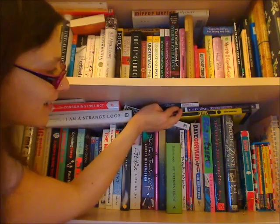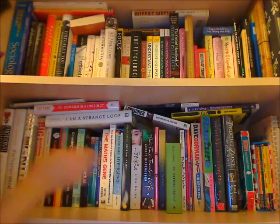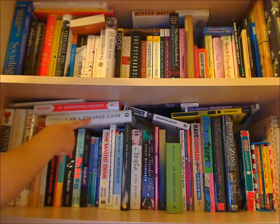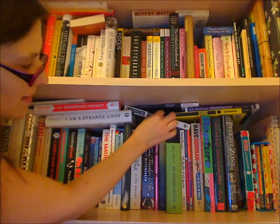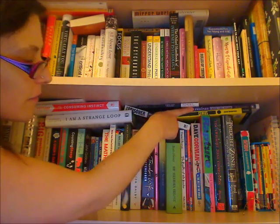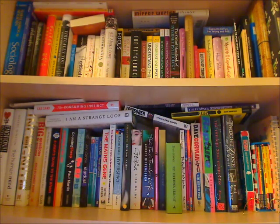And then we have The Strange Case of Dr. Jekyll and Mr. Hyde, The Consuming Instinct, I Am a Strange Loop, The Prisoner Handbook, then Prisoner from the Inside, and Genius. So those are the books on that shelf, and then on this shelf up here we have a sociology